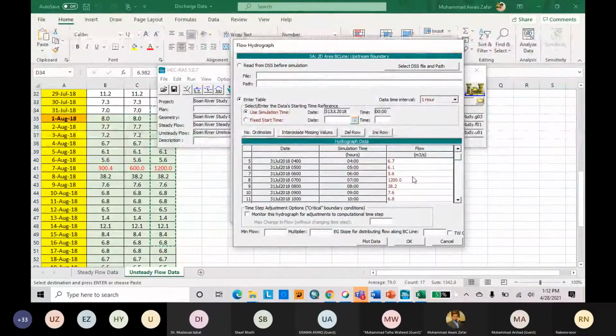Okay, now you have to specify the energy slope for distribution of flow. Now make it as small as possible. It is a hit and try method, so you can adjust it.